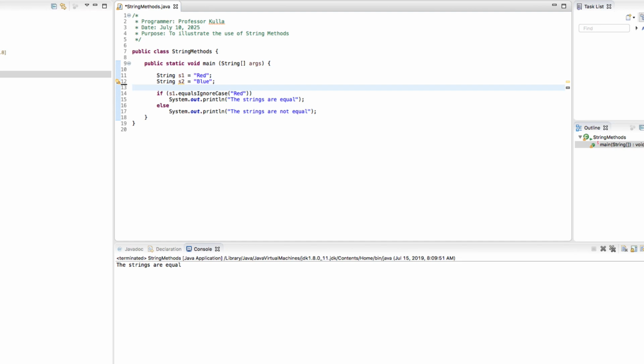What does that mean? Well, in the case of letters, we would say that C is greater than A because it comes after it in the alphabet, or, dog is greater than cat because it starts with a D instead of a C, or we would say that car is less than cat because the CA's match, but then R comes before T in the alphabet. So it's useful to know these things, especially when you're sorting